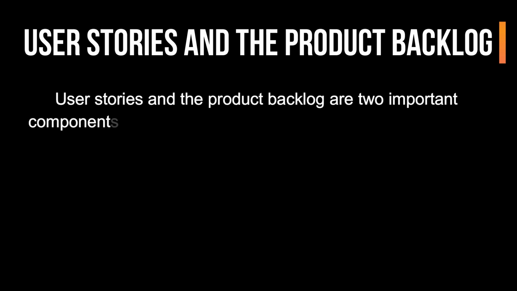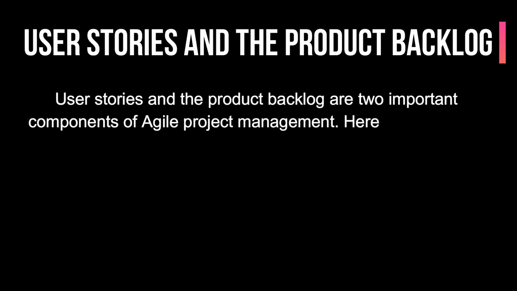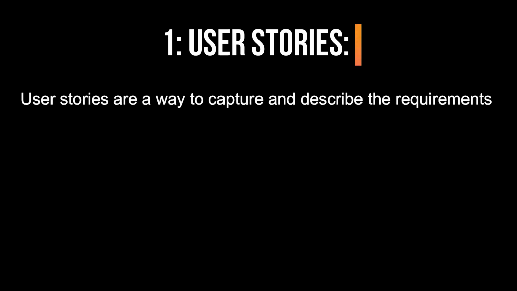User stories and the product backlog. User stories and the product backlog are two important components of Agile project management. Here's an overview of each. 1. User stories. User stories are a way to capture and describe the requirements of a project from the perspective